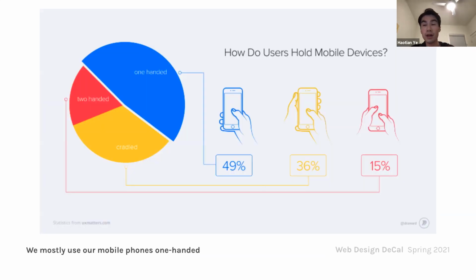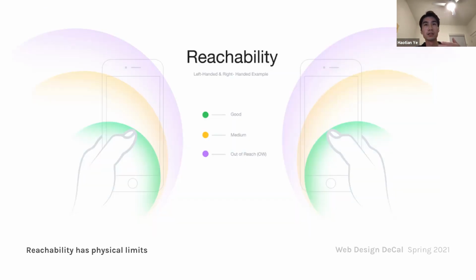And how we utilize our phone is very important too. Not just the screen, we also hold our phones in different ways. The majority of people hold it in one hand, and that's predominantly right-handed people. Then there are some people who hold it cupped from the back with two hands, and someone who holds it with two thumbs in the front. So it's really important to know how to design for certain holding positions for your phone,